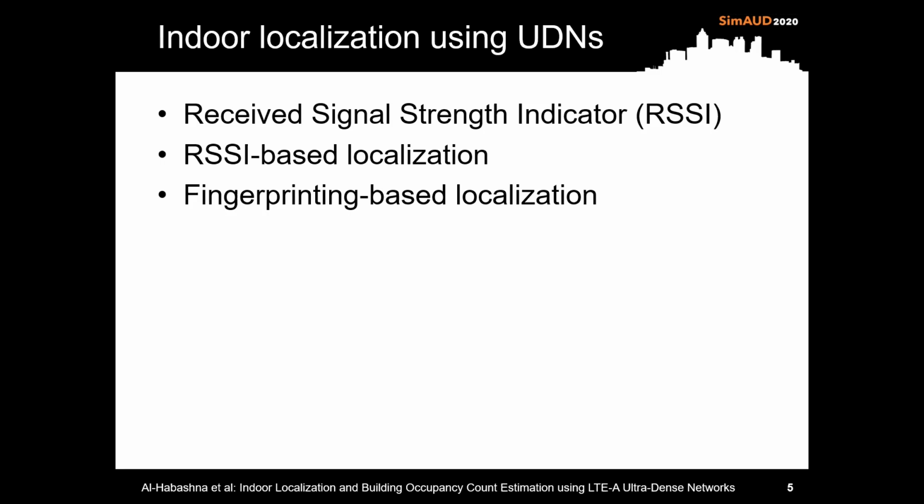RSSI stands for Received Signal Strength Indicator and represents the power of a received signal at the receiving device. We study approaches for localization based on the RSSI values sent from the mobile devices to the base stations. A fingerprinting based method will be used where a database of pairs of locations inside the building and corresponding RSSI values will be first built. During the localization phase, we will estimate the location of a device from the built database.